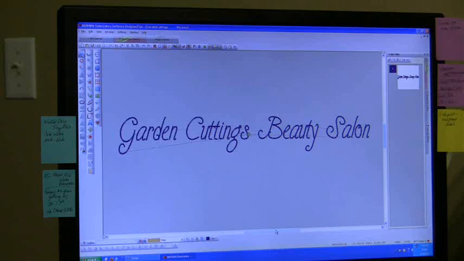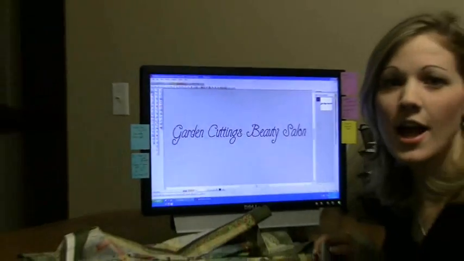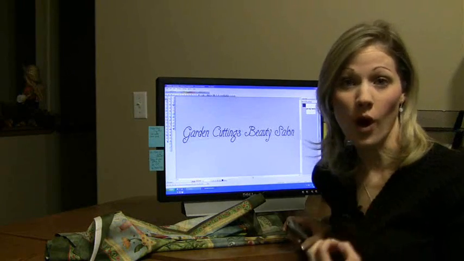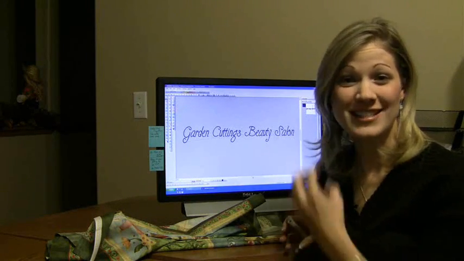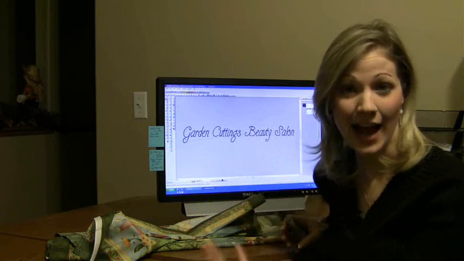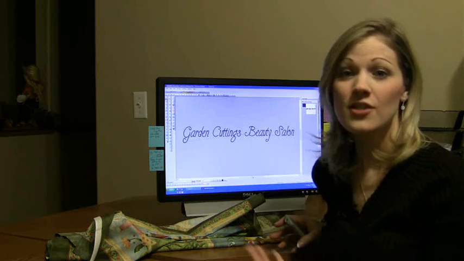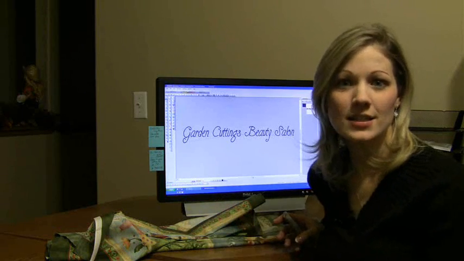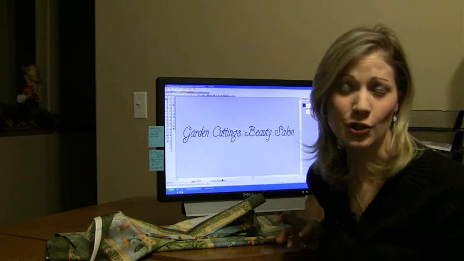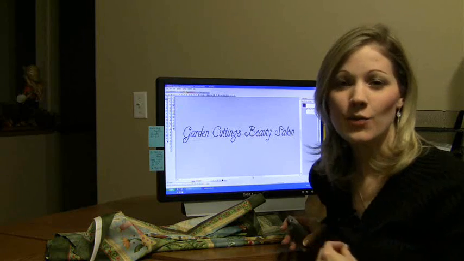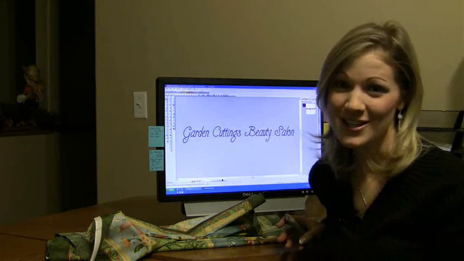Now, would you have to use this type of font? No. You can use whatever font you want. If you are looking for a font that you definitely want to set apart, you want it to have a definite different feel, you want it to really stand out, be bolder, then you're probably going to want to do something that is a little bit different than whatever type of font is on the fabric or whatever you're going to be stitching the project for. But usually you want to stay within the same feel, the same continuity to it,